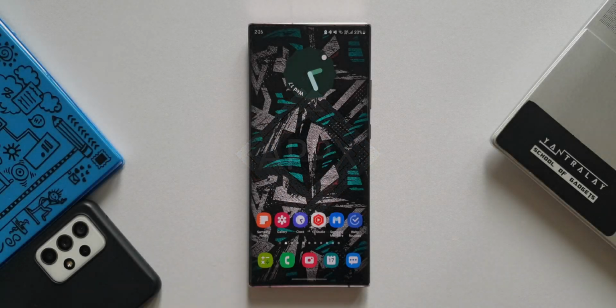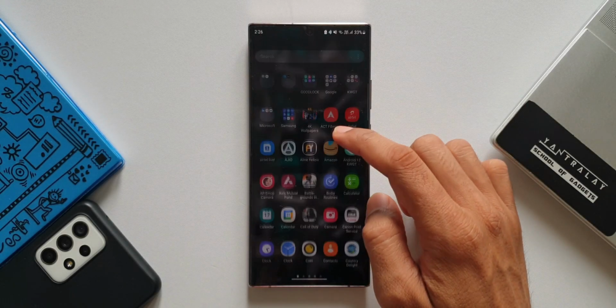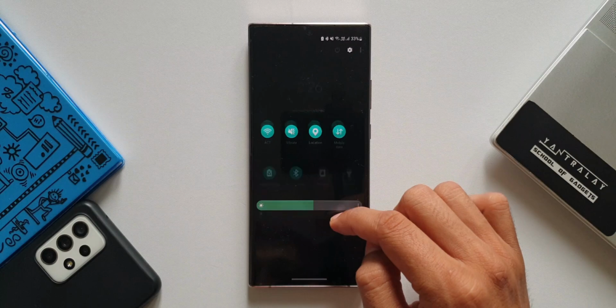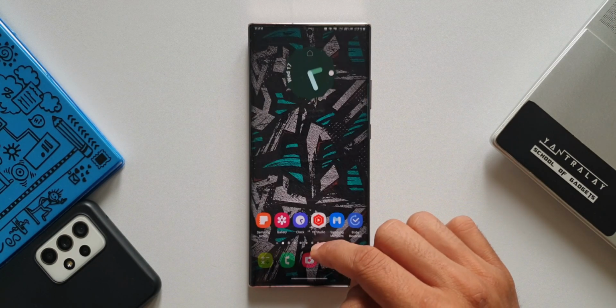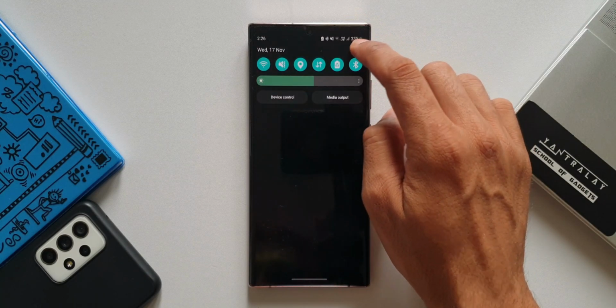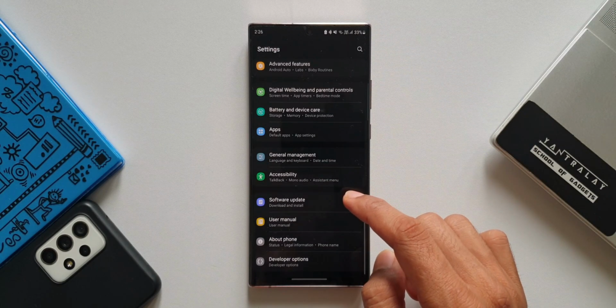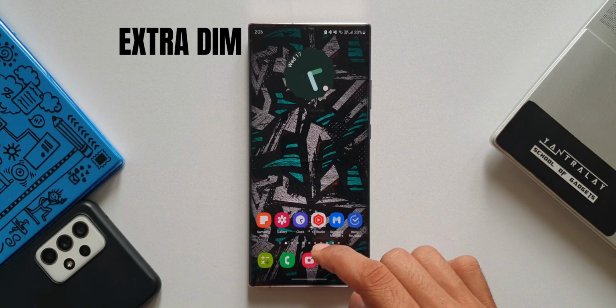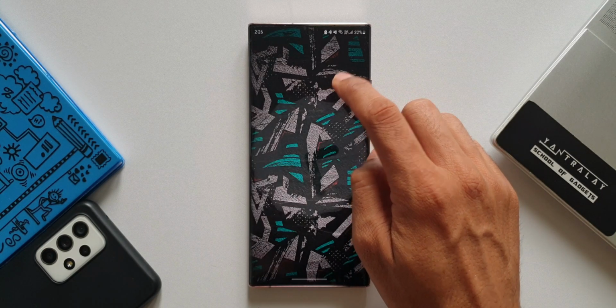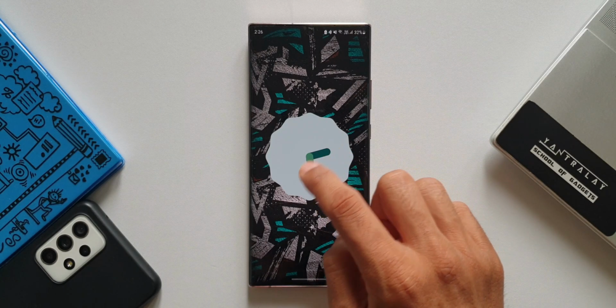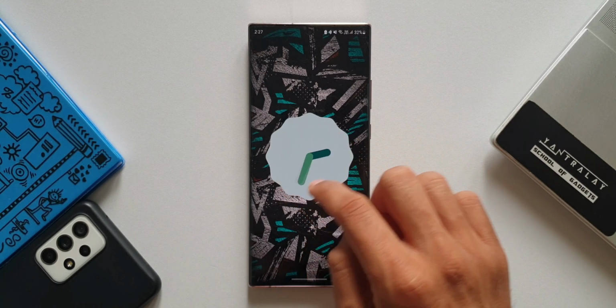Okay, now there are a very limited number of brand new features on One UI 4.0 which make a real difference in our day-to-day life, or let's say which are going to be used by most of us in our day-to-day phone usage. One such feature is this extra dim, which reduces the brightness level below the lowest level of brightness we have by default on the Galaxy phones. Now this feature can be enabled in 4 different ways.